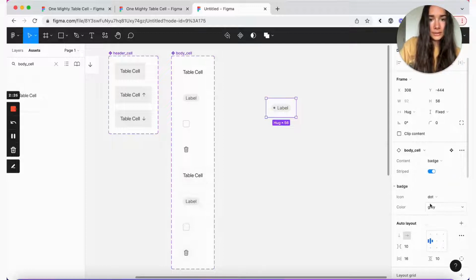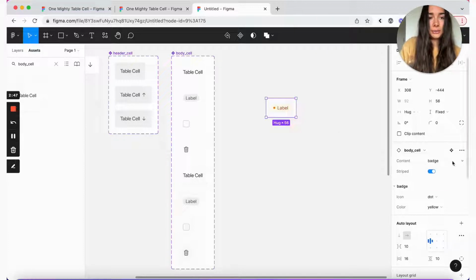So we can, let's say, add a dot, change it to be a different color. And one very nice thing is that even though we also added the check nested instance here, it doesn't show on this specific body cell because it's not a check.